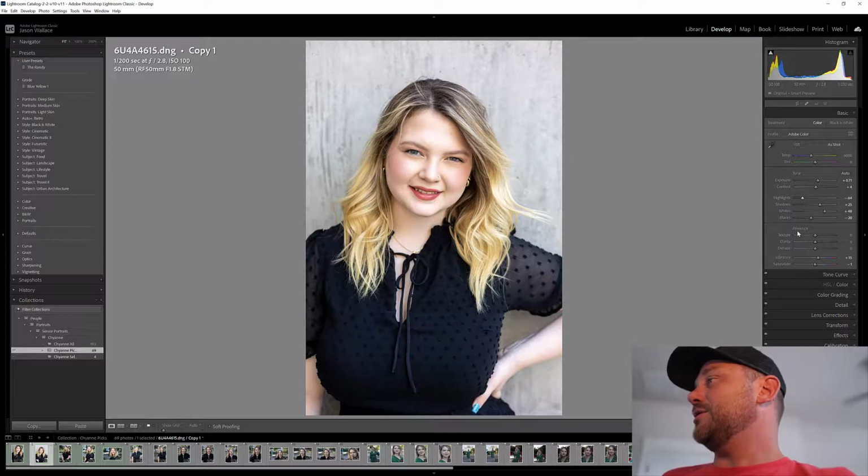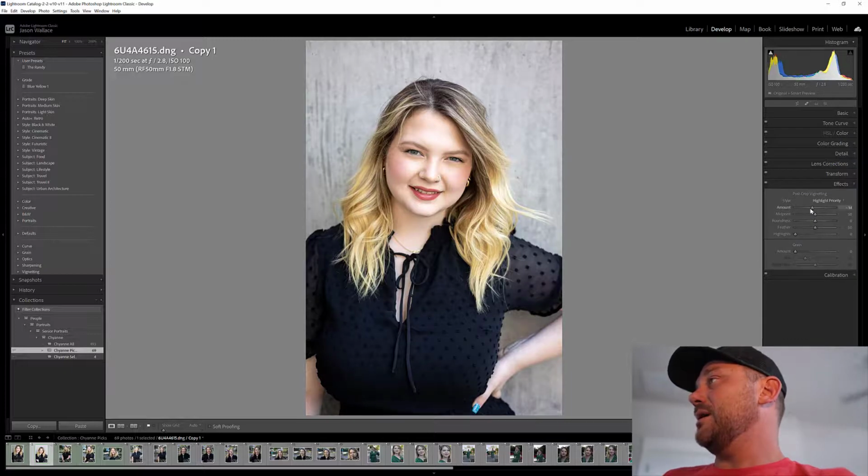I'm just going to show you the general thing that I do to most of my stuff. I'm going to go to -14 just to bring a little vignette in there. You can kind of see if I turn it on and off, brings your focus to the middle. I will usually get a mask,